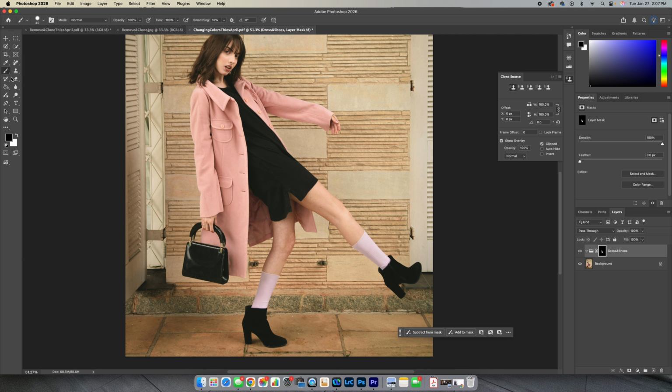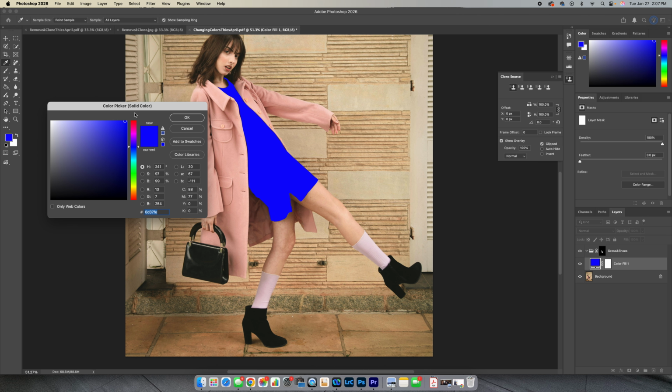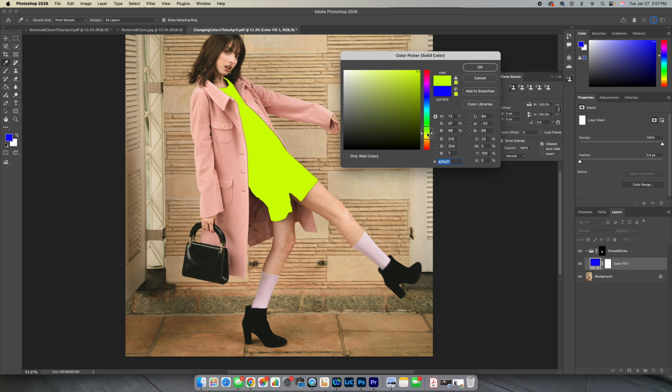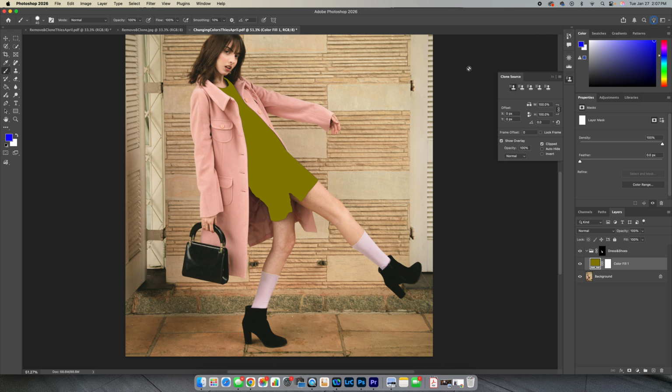If I now go over to the right and down to adjustment layer, I'm going to pick a color for whatever color you want that dress to be. So I'm going to apply a solid color. You can make it whatever color that you want. I think I'm going to make it kind of like a mustardy color. And say okay. Now it looks just like a drawing, right? There's no seam. You can't see any wrinkles or anything else on the dress,